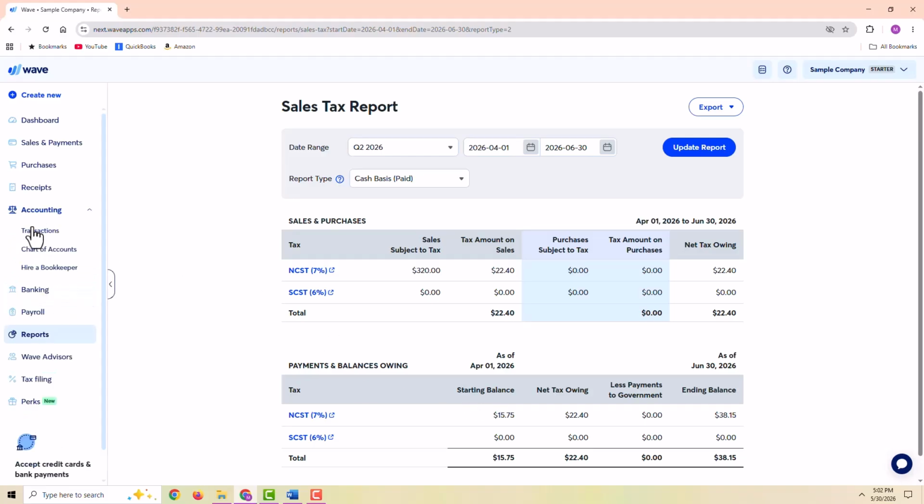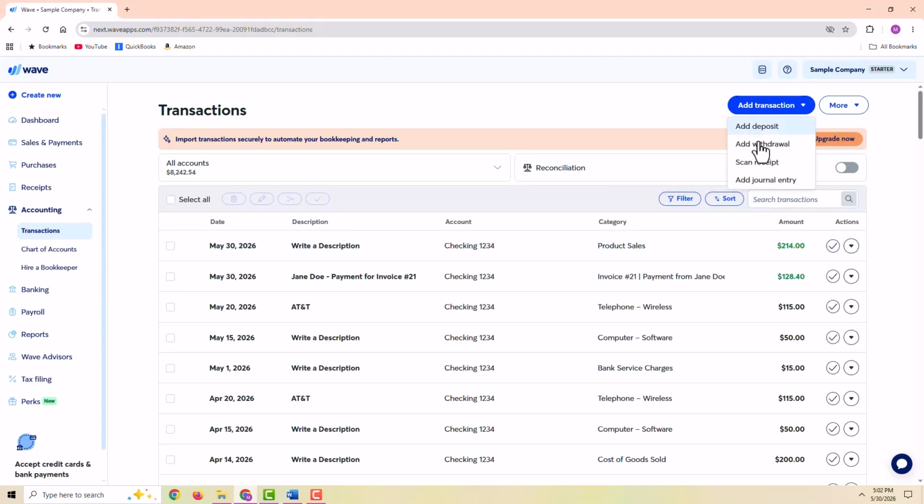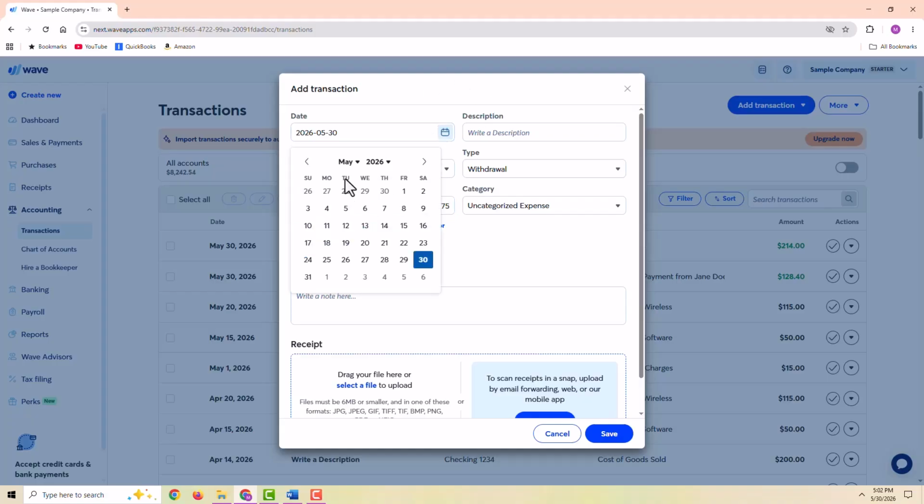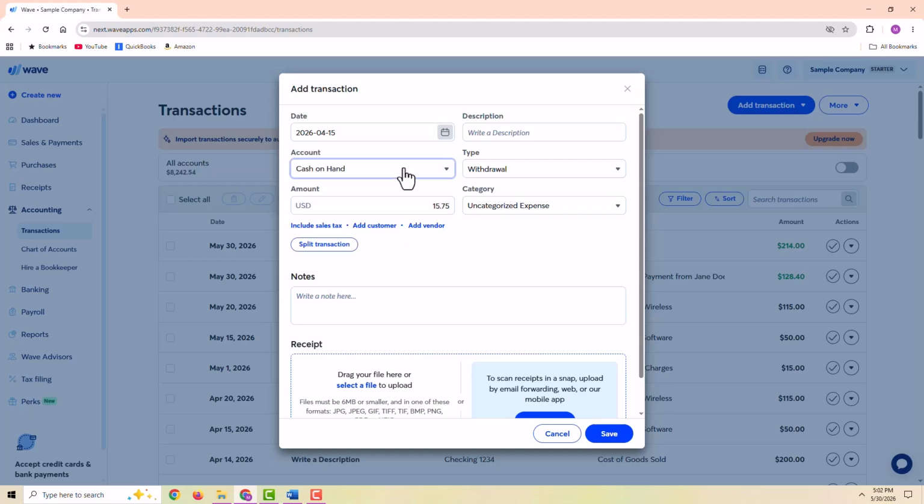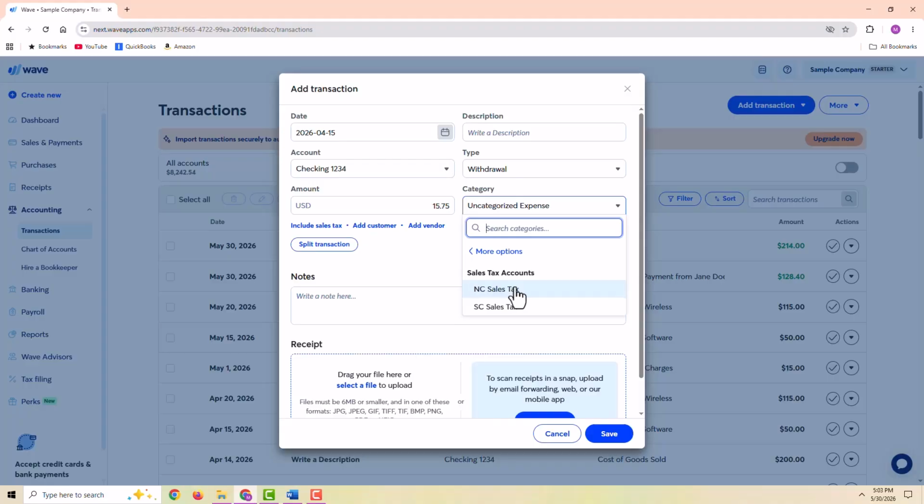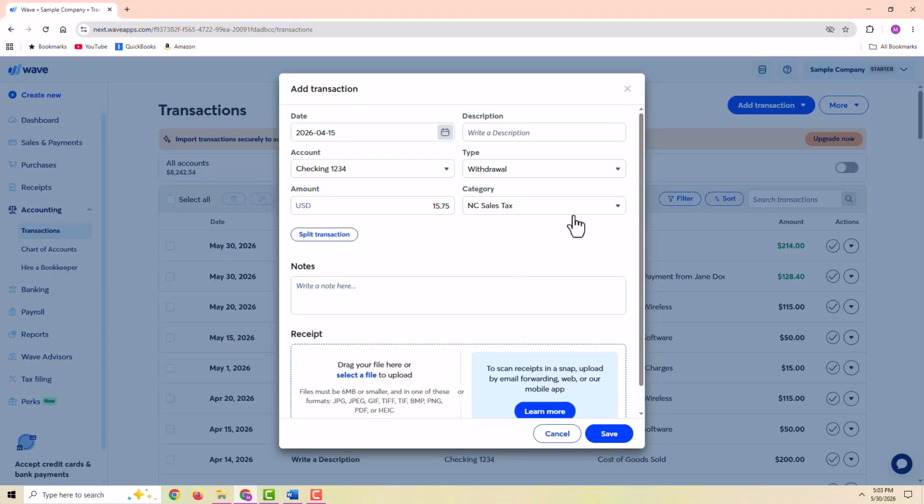So I'm going to go back to accounting transactions. I'm going to add a withdrawal for $15.75. And let's say it was just right after the first quarter. So the first quarter is January, February, March. So if they were paying for that first quarter, they would have paid sometime in probably April. So I'm just going to choose April 15th. And the category would be sales tax payment to government, North Carolina sales tax. So that is how I would record a sales tax payment. Okay, I'm going to go ahead and save this